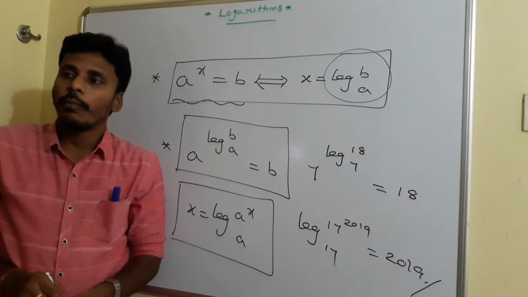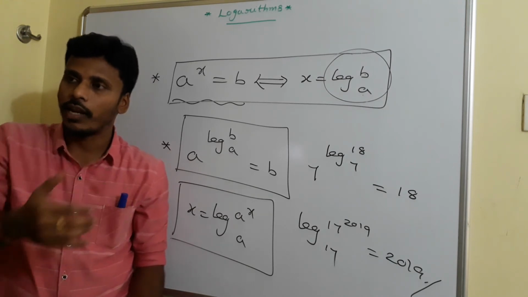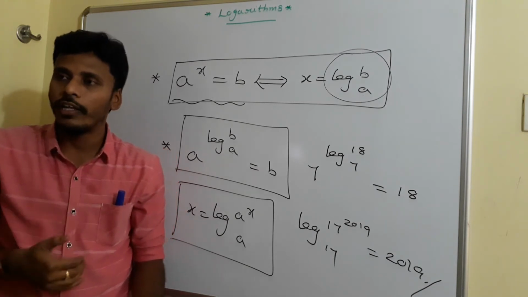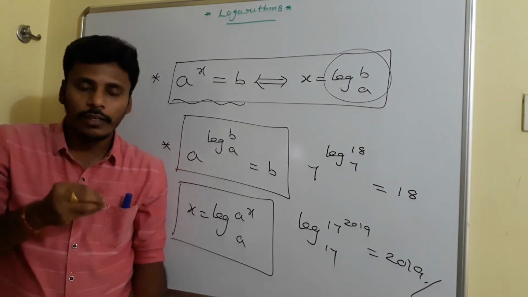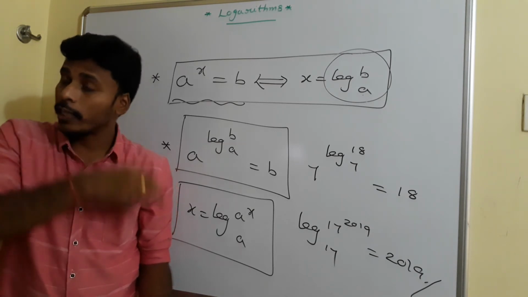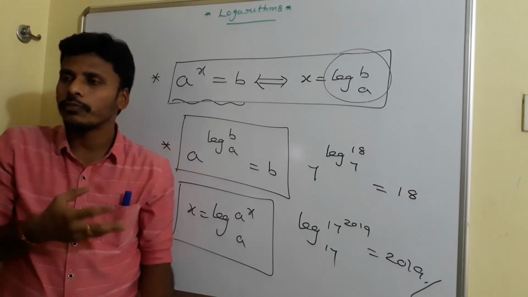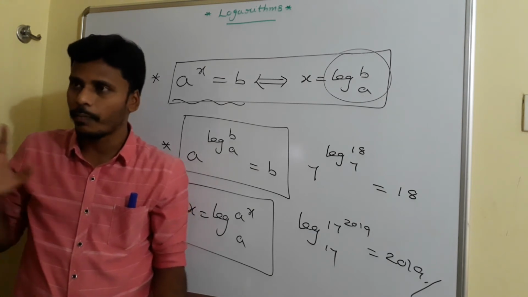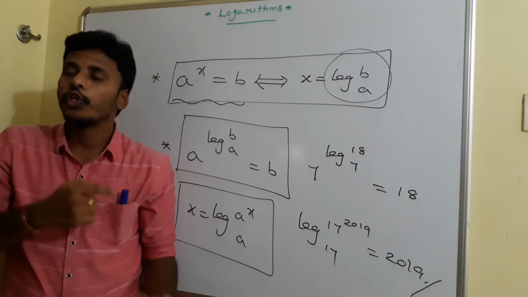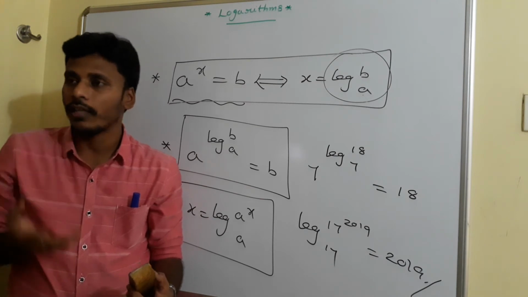Like this you have about 9 to 10 laws in logarithms. If you are strong at these 10 laws, then automatically you are confident about logarithms. And one by one I am going to deal with them now. Basically logarithms is a new chapter, a new concept for all of you, but exponents are very well known, right? So to analyze logarithms, you always get the support of exponents. And since the notation and the definition, everything is new, you need to give certain practice for your mind as well as your hand as well as your voice, right?